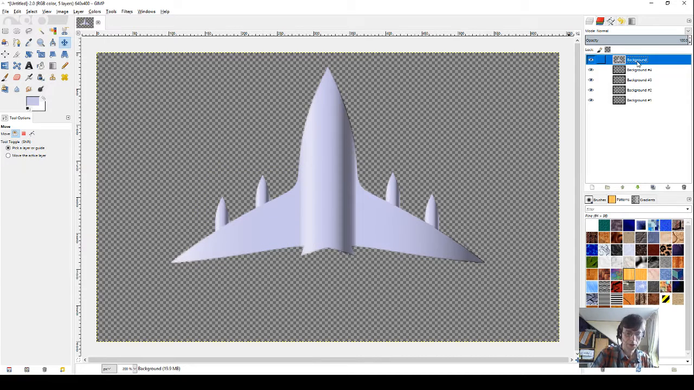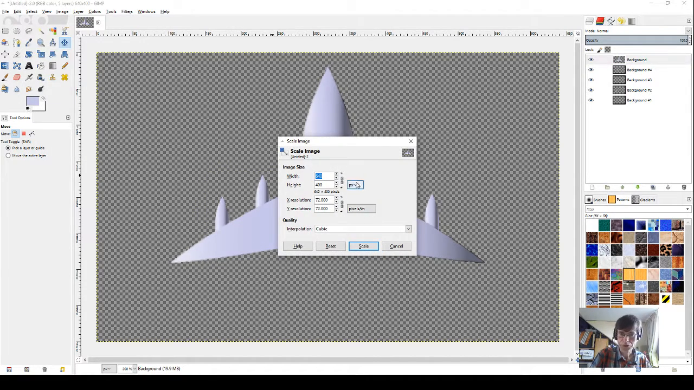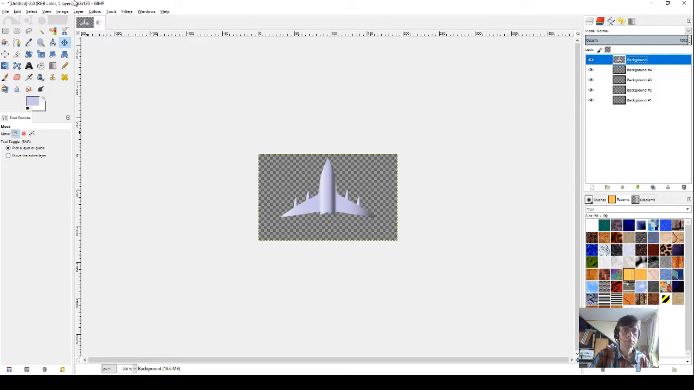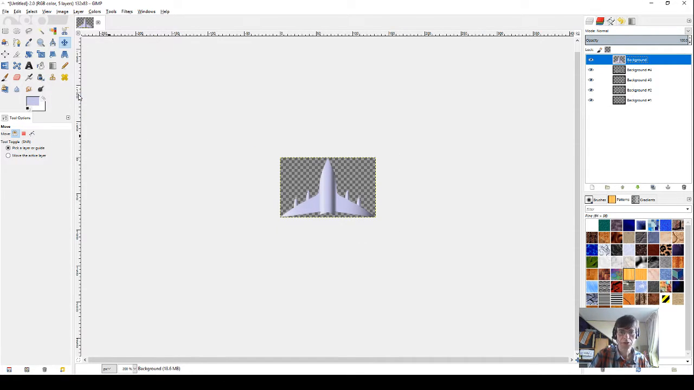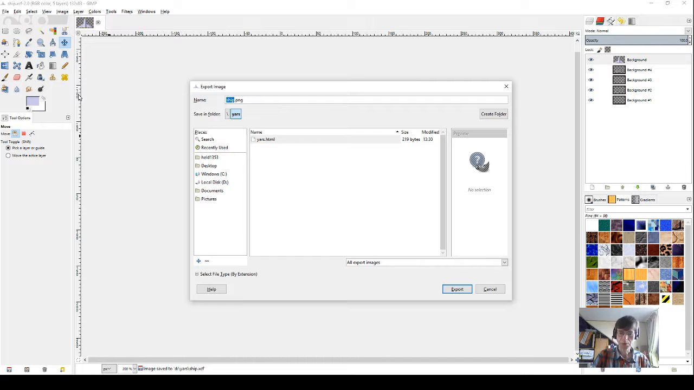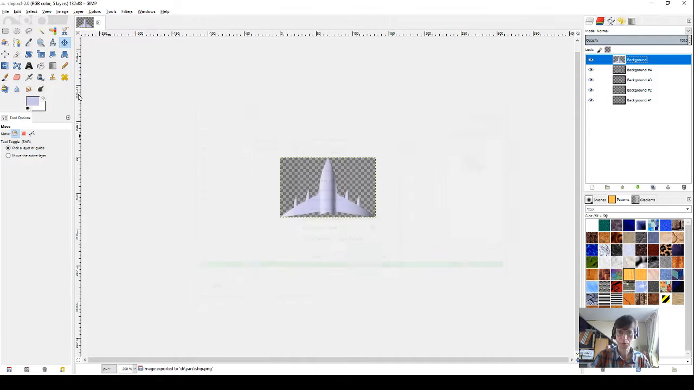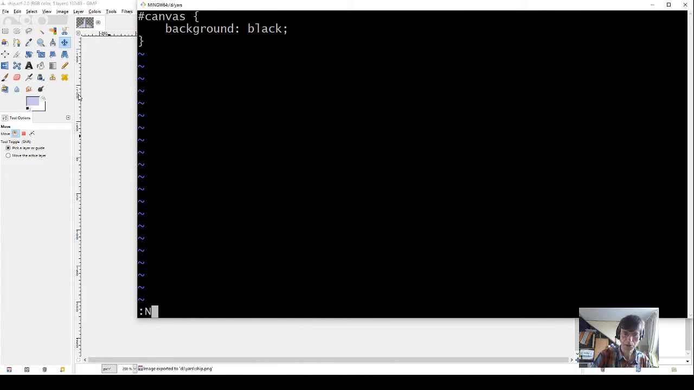Okay. The ship is still a bit too big. I'll scale it down to a percentage of 30. I'll auto crop it. Now we can save it. We'll call it ship. We also need to export it to PNG because that's the format that my web browser understands. Now we can go back to the markup file